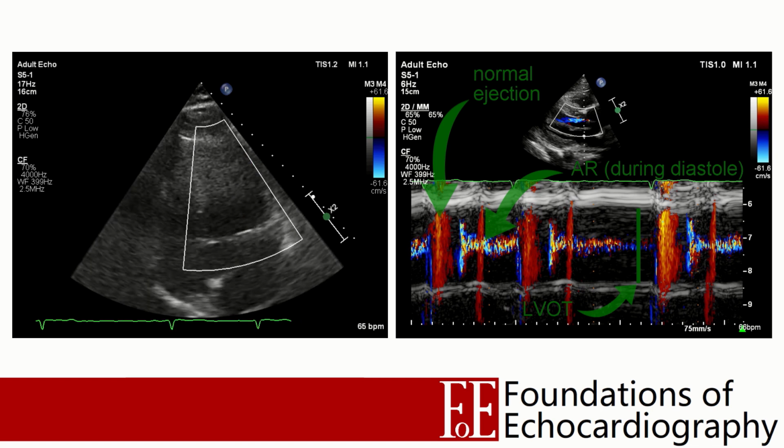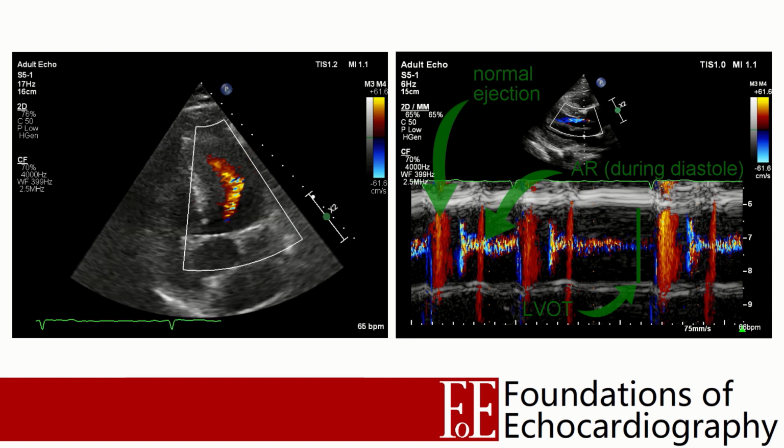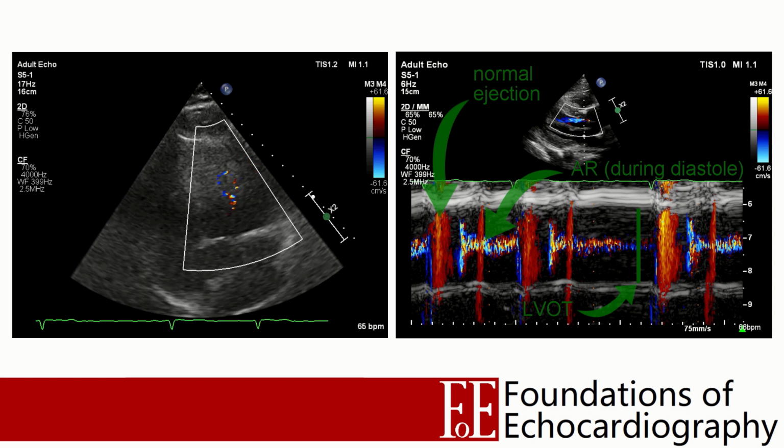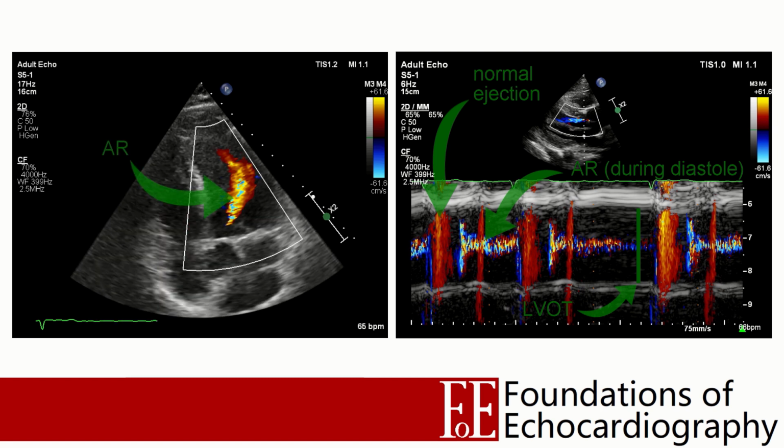In comprehensive echo, where it's necessary to grade the severity of AR formally, the proportion of the outflow tract diameter that fills with the AR jet is one of our markers of severity, with jets less than 25% the outflow tract diameter suggestive of only mild AR, and jets in excess of 65% of the outflow tract diameter suggestive of a severe lesion. Whilst you're not expected to measure the outflow tract or the AR jet, you can quickly eyeball their relative sizes,